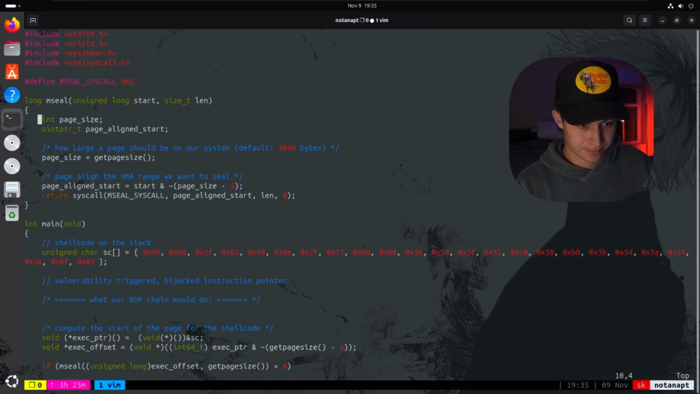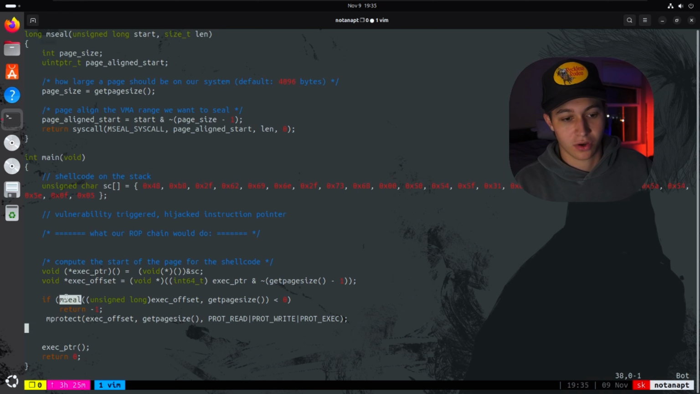Now if we come back down here to where our old main was, everything is very much the same, except before we call mprotect, we're going to call mseal on the memory region of our shellcode, and will hopefully, which it should, seal this memory page and assign the flag so that it can no longer be changed to have read, write, execute permissions from this mprotect function. So